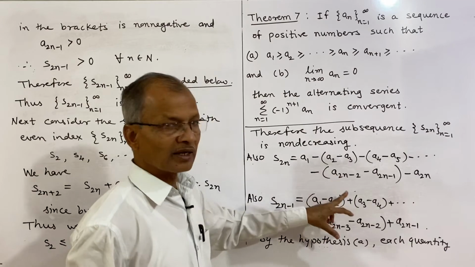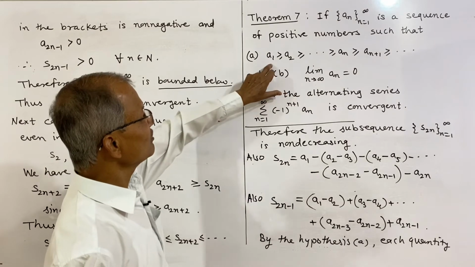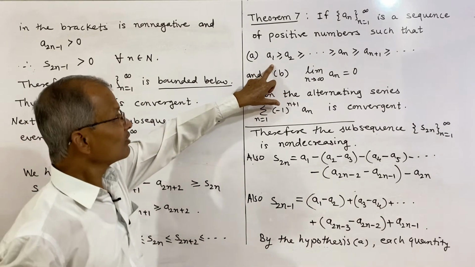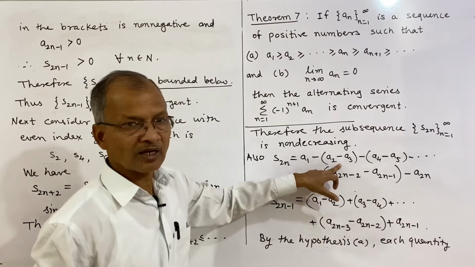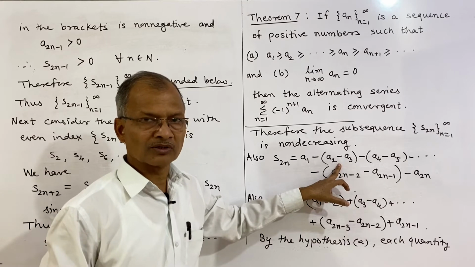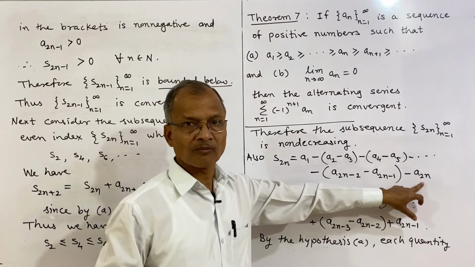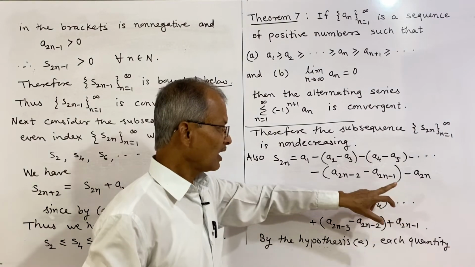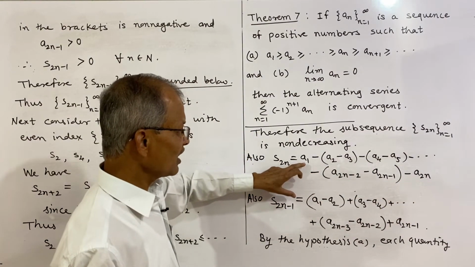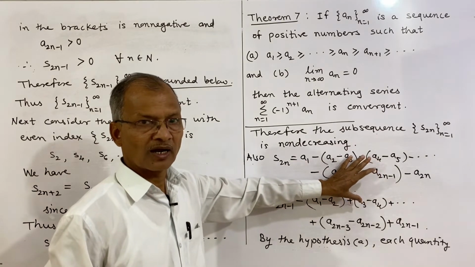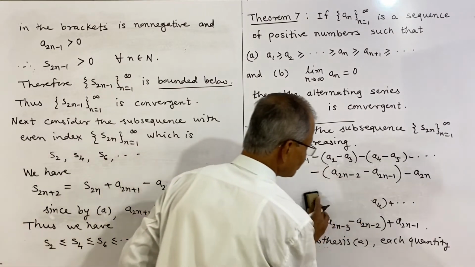Even index terms are negative, odd index terms are positive, that we have to remember. And now what happens, so we should use condition A. So a2 is greater than or equal to a3 means this quantity is again non-negative or maybe positive, and this quantity is non-negative, and so on. So the last term a2n is positive, and the negative sign is separate, but this is numerically a positive term, and therefore this is a1 minus some positive quantity, and therefore that will be certainly less than or equal to a1. So that we shall write,